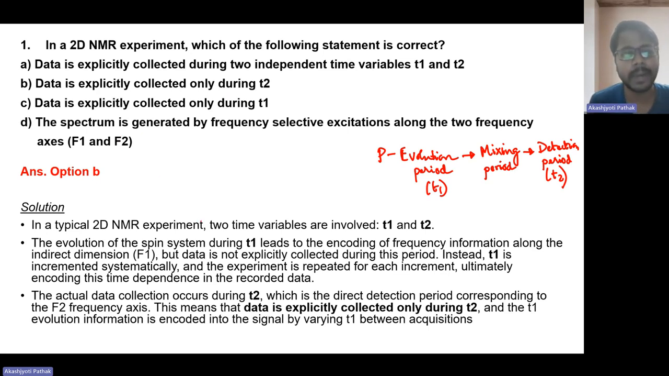So in a typical 2D NMR experiment, there are two time variables involved. One is T1 and another is T2. During the T1 time period, the evolution of the spin system is allowed, and this leads to encoding of the frequency information along the indirect dimension F1. Right. Just now we saw that there is this free induction decay, and this free induction decay is converted